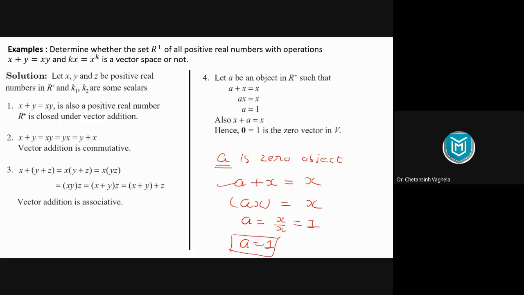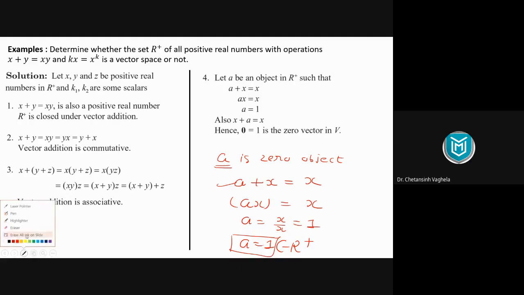But first I need to check whether it is part of R plus or not. Because if this is not part of R plus, then the condition is not satisfied. So tell me, is a equal to 1 part of R plus? Is it a positive real number? क्या ये positive real number है? Yes, sir. Correct. It is part of R plus. That means the zero object is present in our R plus, and that zero object is a equal to 1. So here our zero object is 1. कितना सुनने में अजीब लगता है ना कि zero object is 1. And because your operation is multiplication here, that's why your zero object is 1. So the zero object is present in our set.